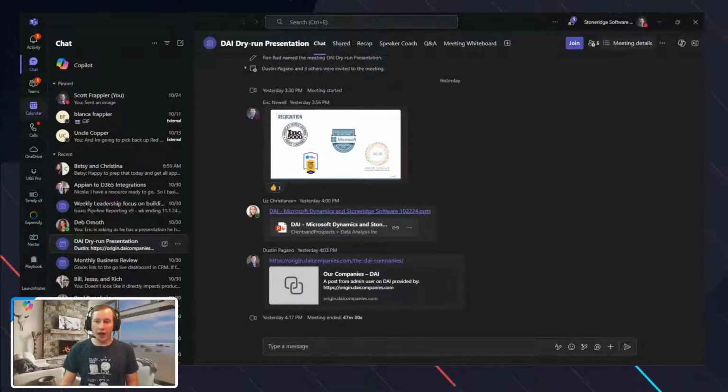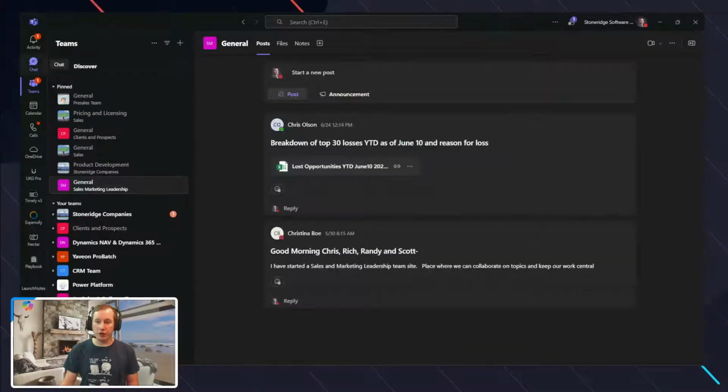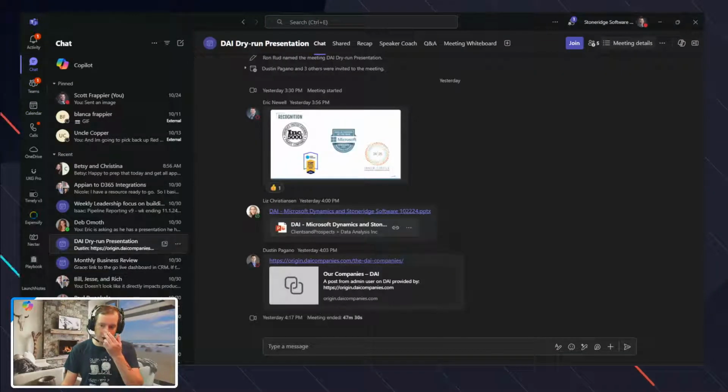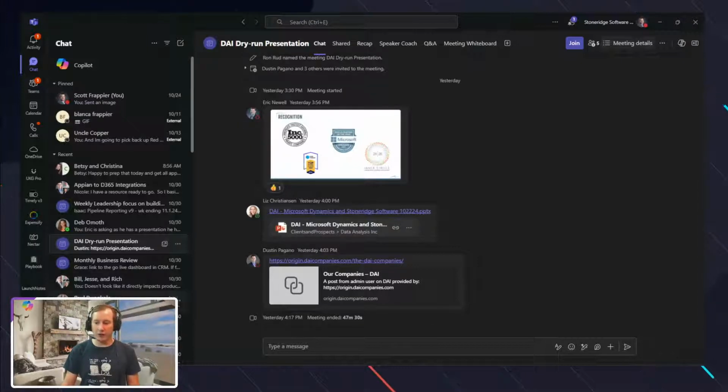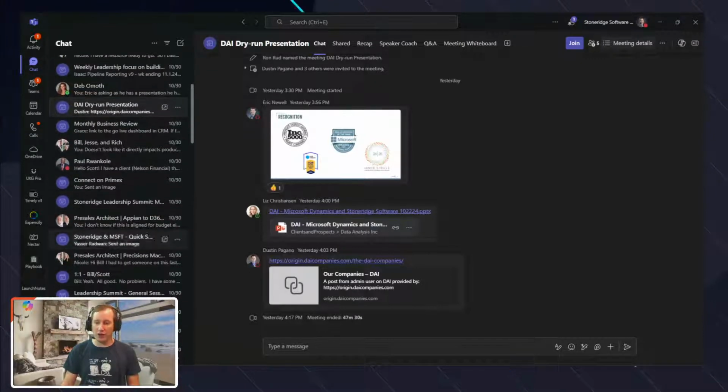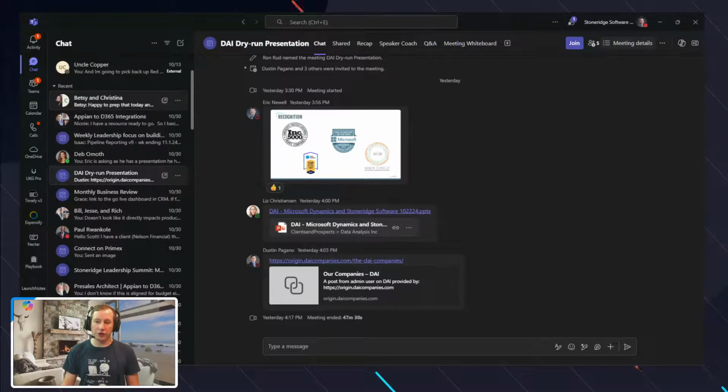Now, beyond that, as you saw from Teams, we have the ability to interact with chats. So you can see here, for example, we have a dry run presentation that we're going through with the team that I'm tackling. There are some details here that we're going through and working on. I've got chats with Deb. I've got my one-on-ones that we've had conversations around. So these are all the different types of chats that you can interact with.